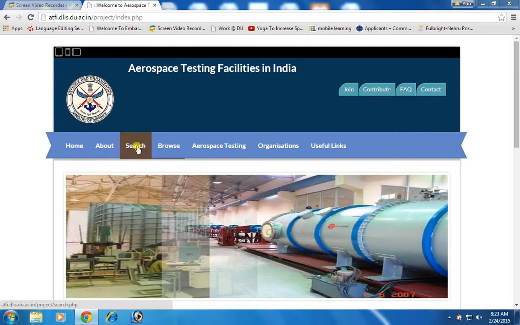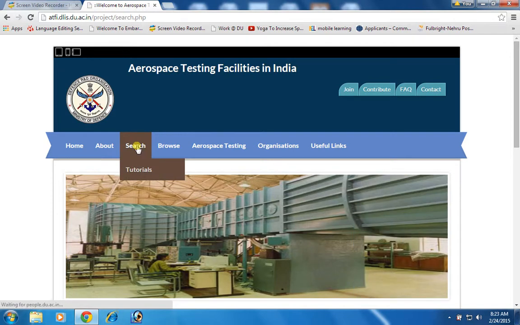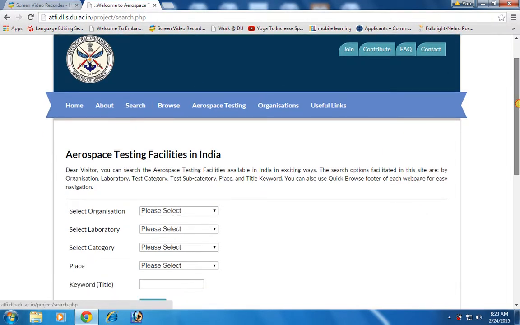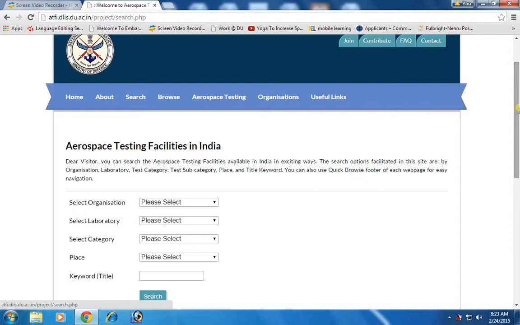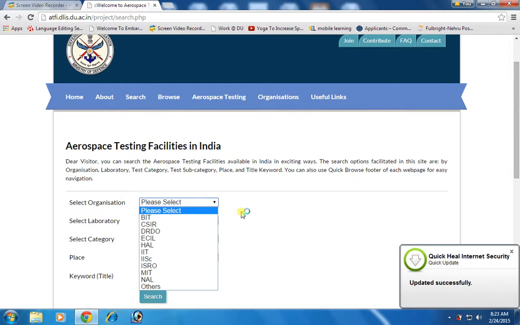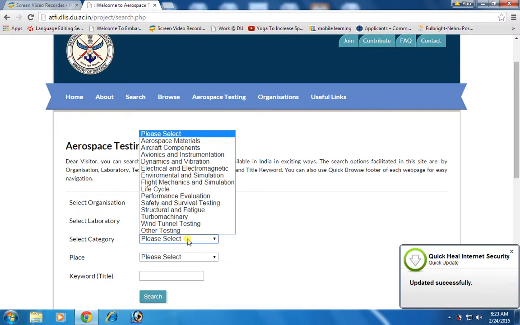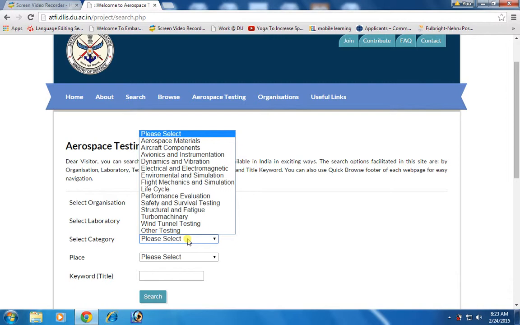If I click on the search icon, it shows me that we can browse or search the testing facilities by selecting the organization, selecting the laboratories, selecting the categories such as aerospace material, aircraft components, dynamic and vibrations, electrical and electromagnetic, and so on and so forth.